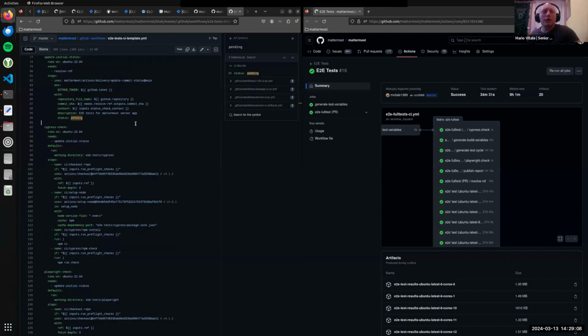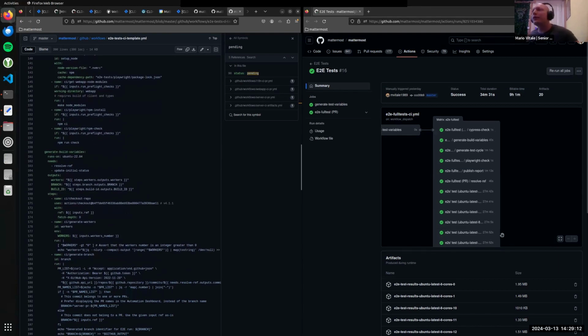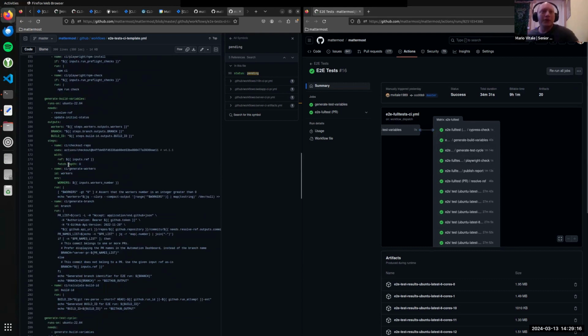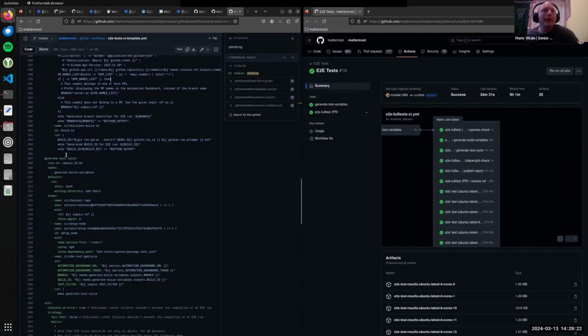So taking a look here, the pre-flight checks are skipped. We generate build variables here, which will be different than smoke tests, of course. And then the generate test cycle will now actually generate the test cycle. We can take a look at it